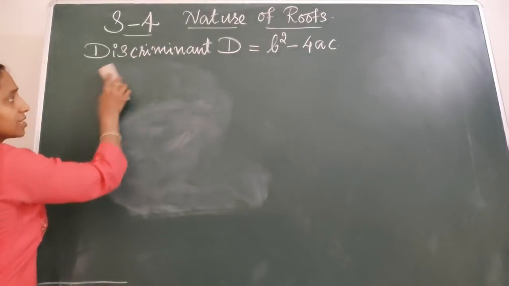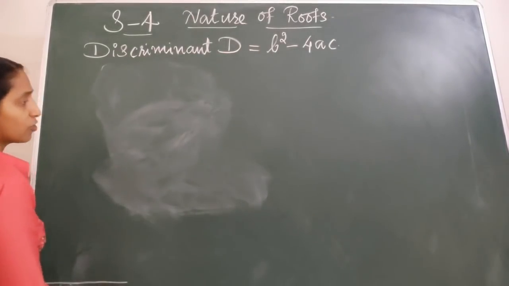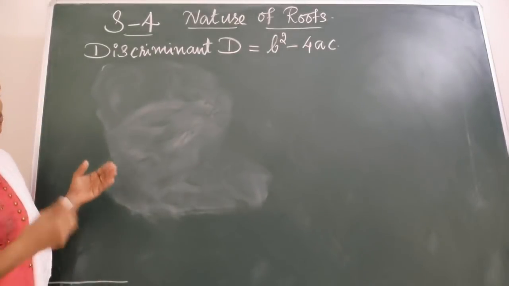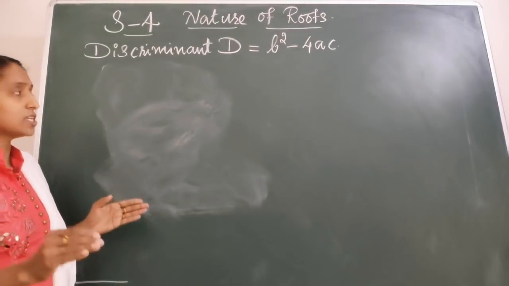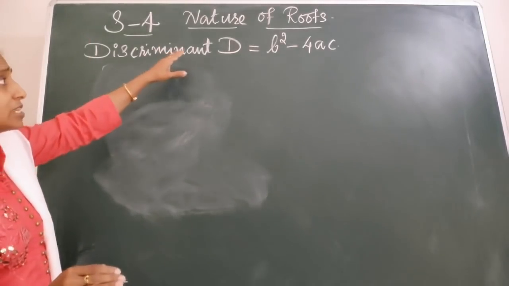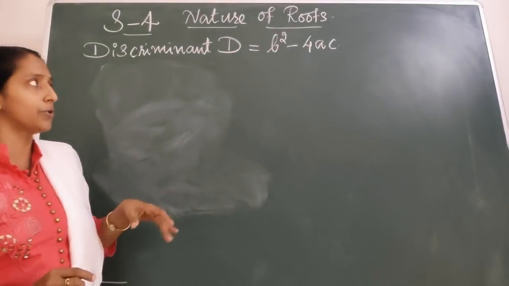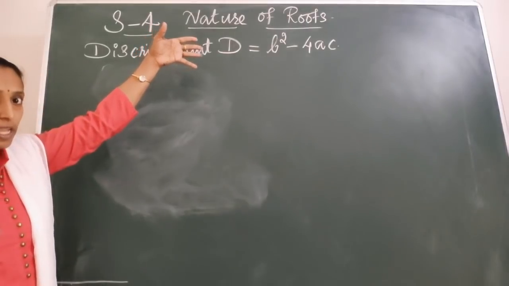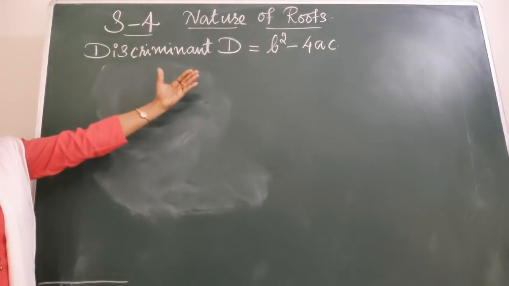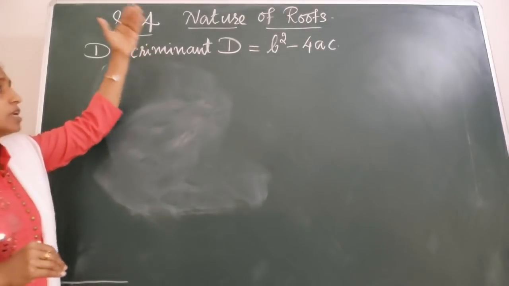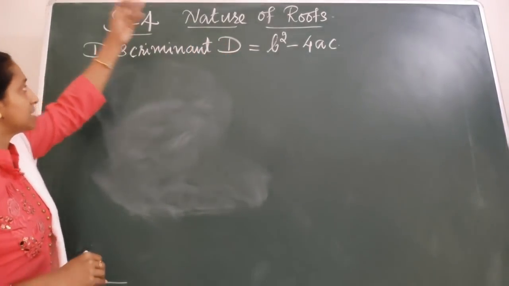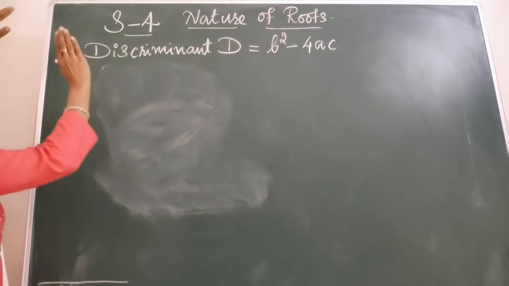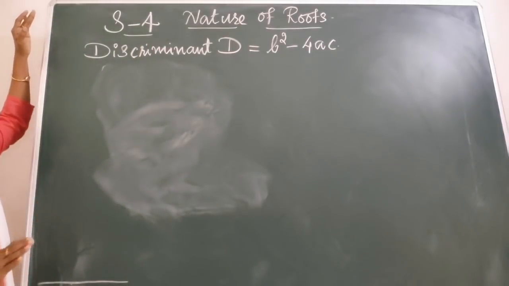It is not compulsory to solve the whole quadratic formula. Without solving that, you can find the nature of roots by using the discriminant. As I have told you, in our formula there is a term given under root b square minus 4ac. So this b square minus 4ac, without the under root, is known as the discriminant of the quadratic equation and it is denoted by the capital letter D.